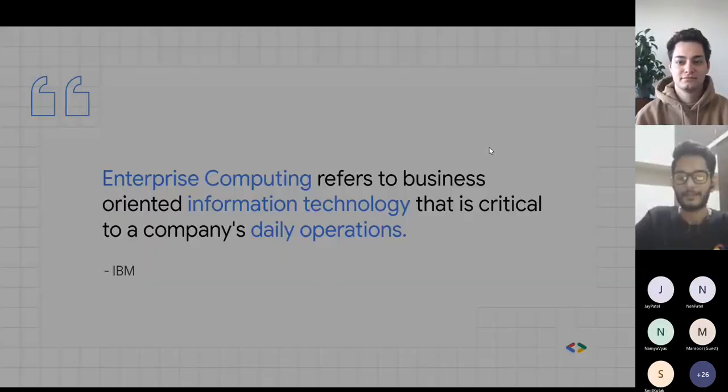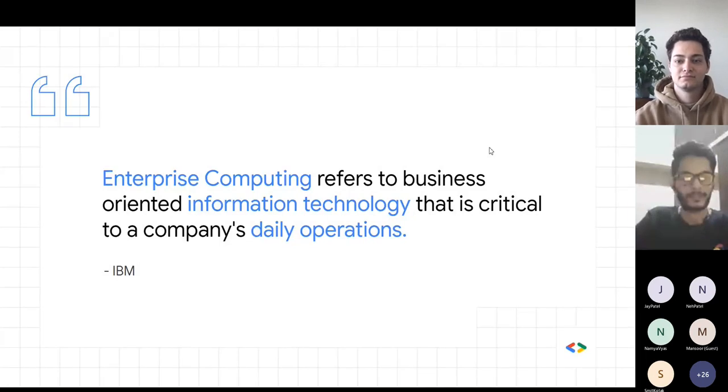Now, I won't really get into more details about enterprise computing because that's something Lucas will touch upon. If I had to summarize the whole thing in one line, and this is something that the official website of IBM says, enterprise computing refers to business-oriented IT that is critical to companies' daily operations. So any aspect of information technology that pertains to any operation throughout the day is something that falls under enterprise computing, and that's one of the reasons why